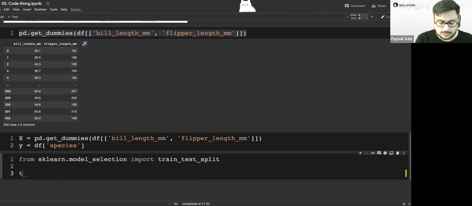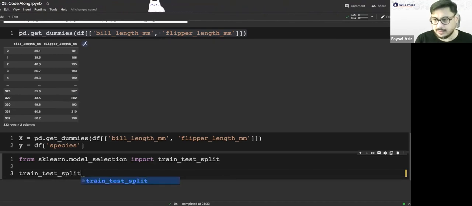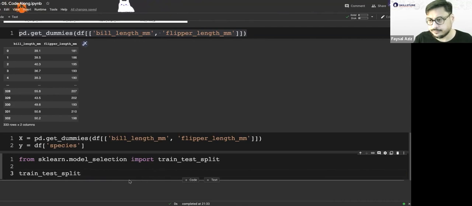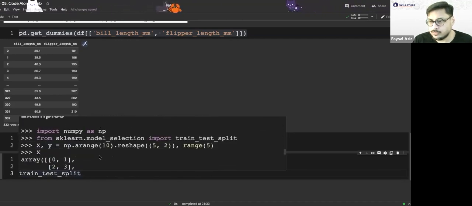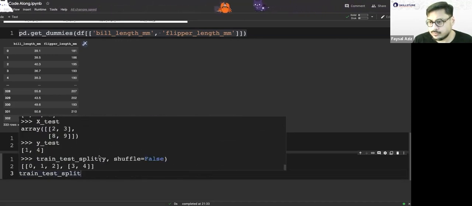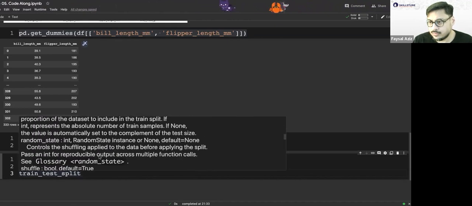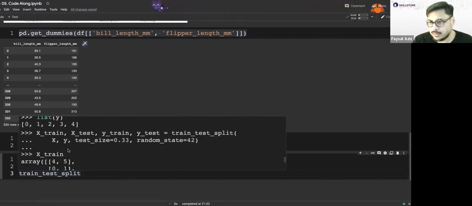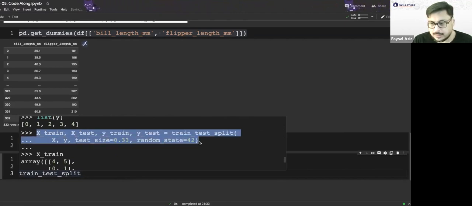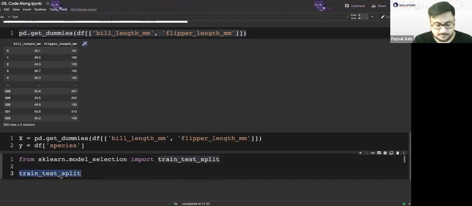Let's just do train test split. Yeah, there you go. Train test split. Loading. There you go. So just copy this. I just copied it. There you go. See the wonders of being lazy.